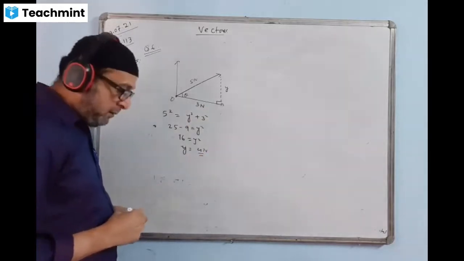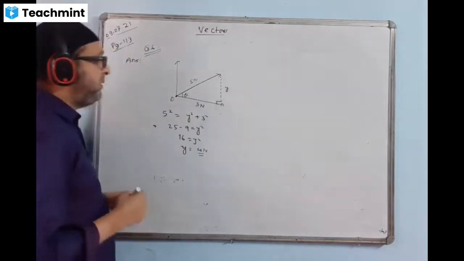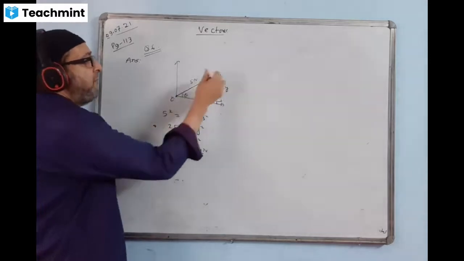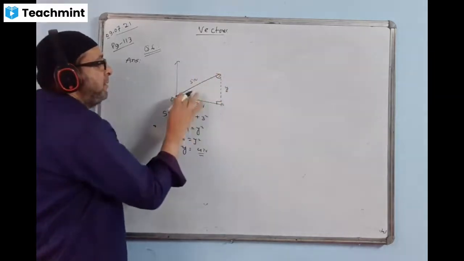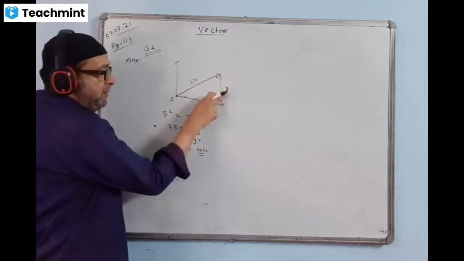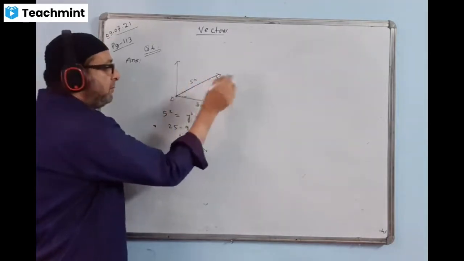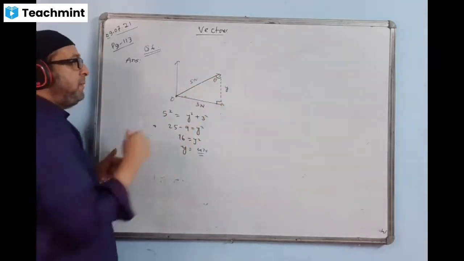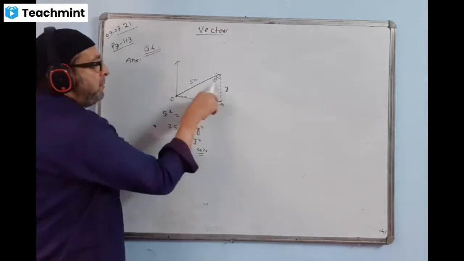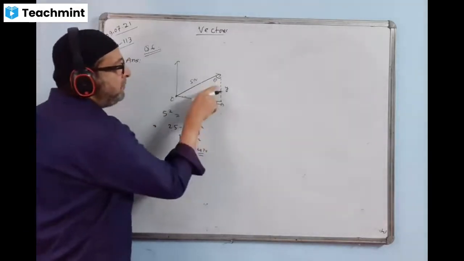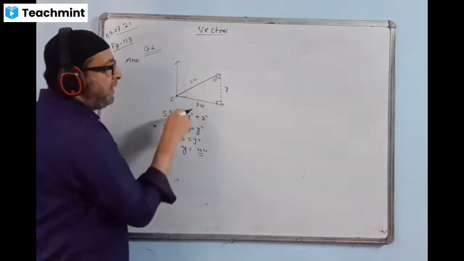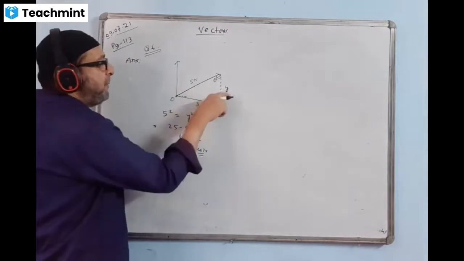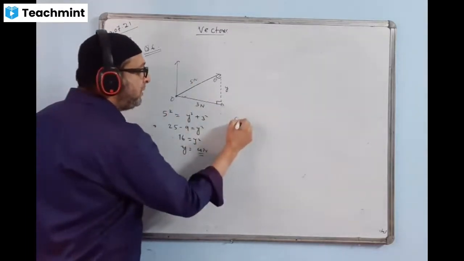And at what angle is it inclined? We'll find the angle that y makes with this 5 Newton. I'll take this angle to be this angle. At what angle this component is inclined with this one, that we'll find. Okay, now I'll be using the formula. Here, the angle y is making with this 5 Newton. This is perpendicular, this is base, this is hypotenuse. You can use cos theta.